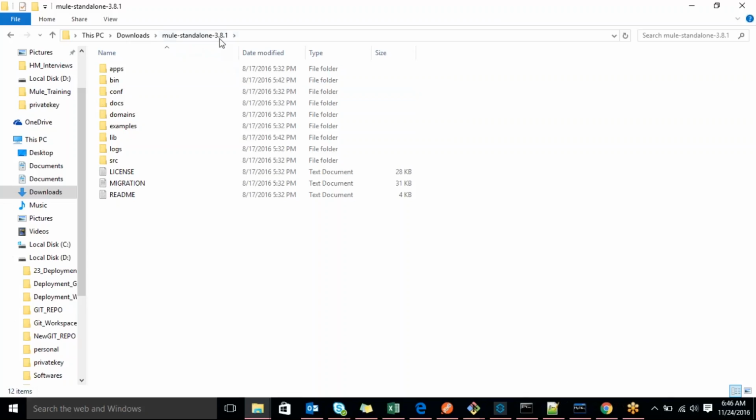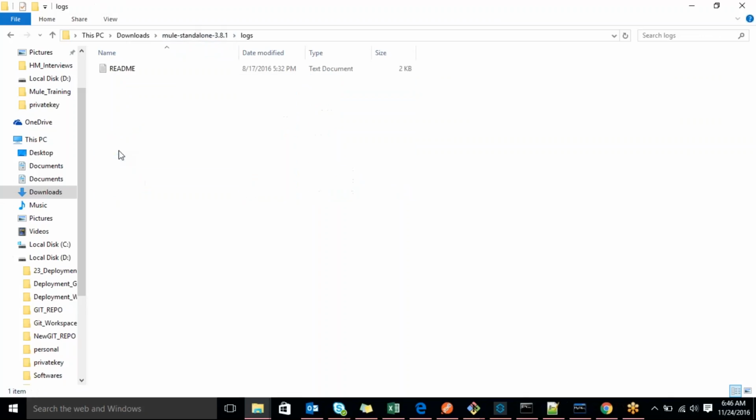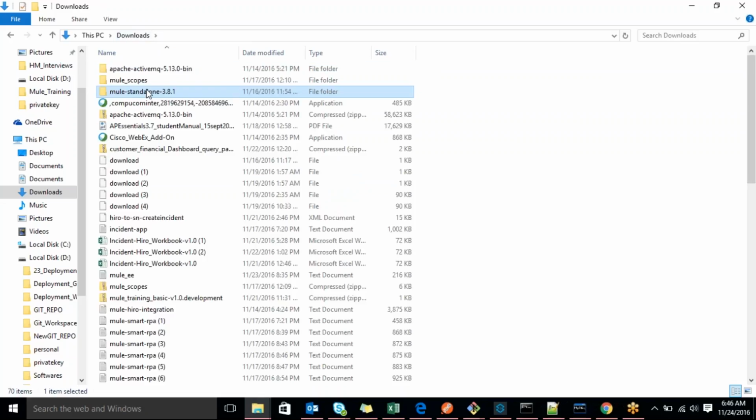See this, Mule standalone 3.8.1. If you see this, there is a logs folder. So here that log should generate actually. So it is creating logs in the local machine, right?